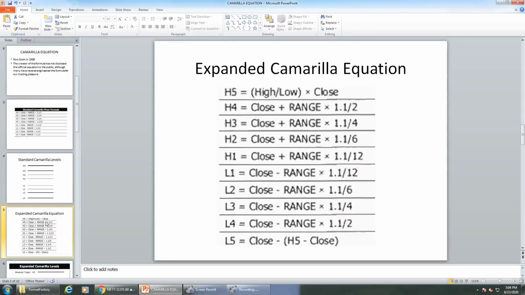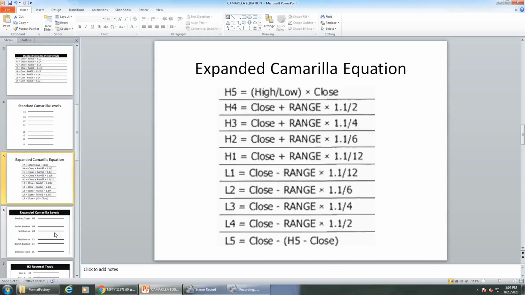And next is the expanded Camarilla equation. If you notice the difference, we just added an H5 and L5 to this equation. This was added by the author of Secret of Pivot Boss, Frank Ochoa. He added this to get our target exit points, because when we take a trade we need to have some targets, right? That is why he added these as target points for us. We have a trade which we can take after the H4 breakout, but we don't have a target in the existing equation, that is the standard Camarilla. To point out the target, he added H5 and L5. I will explain how you can make use of it.